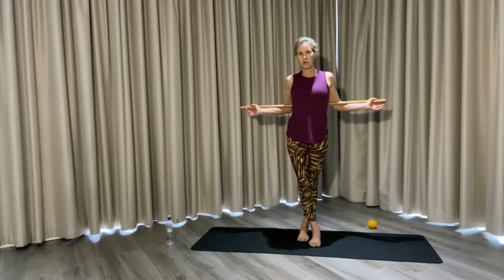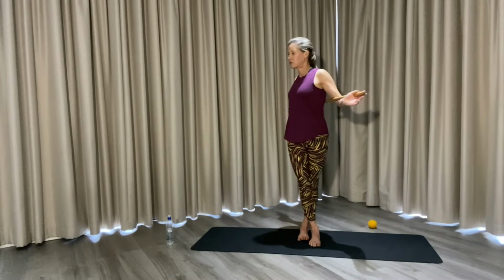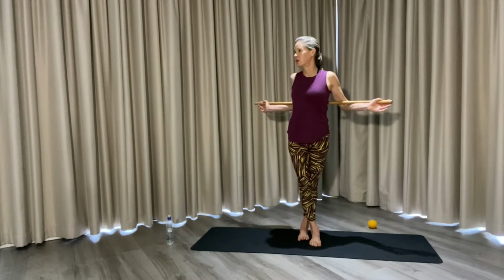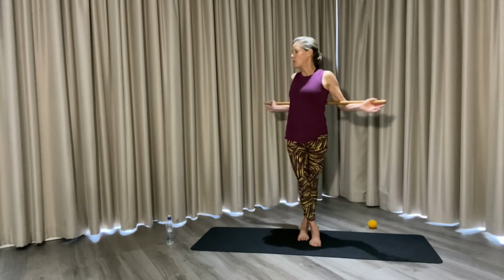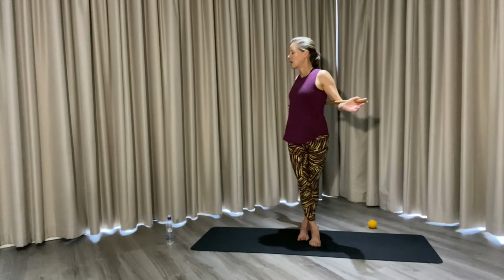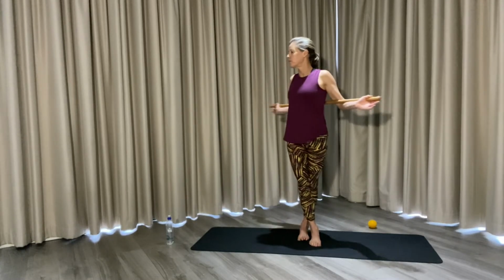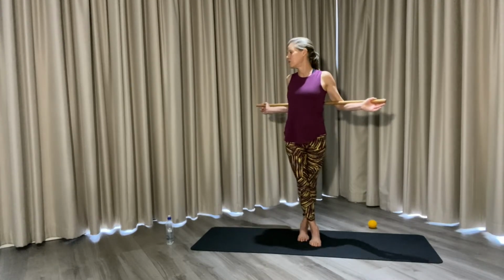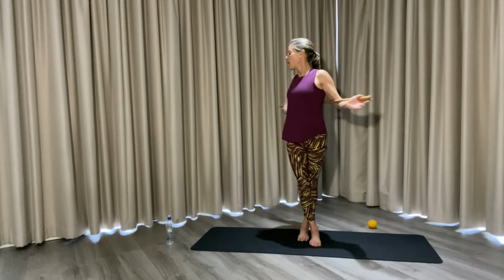your balance a little bit more. So you'll have to engage your glutes a little bit more, and you're going to rotate towards the front foot. So you're twisting in the opposite direction, breathing in and breathing out. Good. A nice deep breath in and breathe out. Keep going to the same side, breathing in and breathe out. 1 more